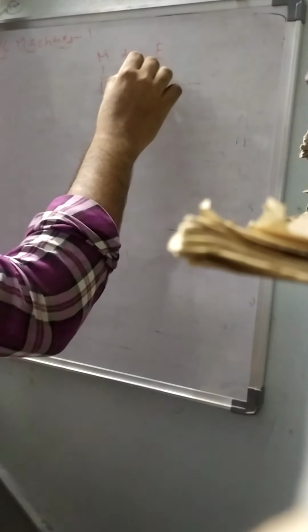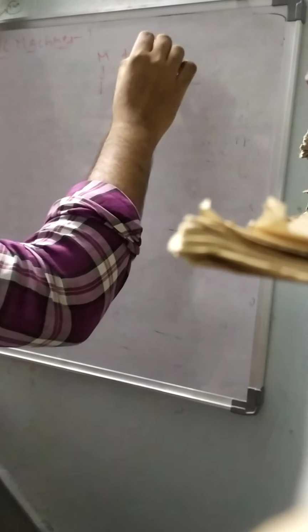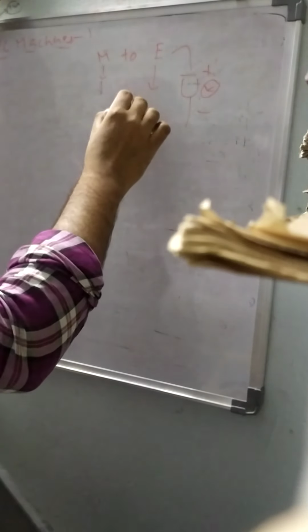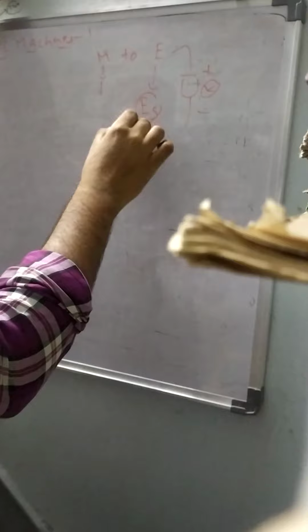So basically, a DC generator. What is a generator? A generator is an electrical machine which converts mechanical energy to electrical energy, that is M to E. Here as input we give mechanical energy to the generator, and the generator generates electrical energy. If this generated voltage is given to a load, then we get a current, and the drop across that load is said to be the terminal voltage. And other than that, there is the EG, the generated voltage, and we will look at these details further.